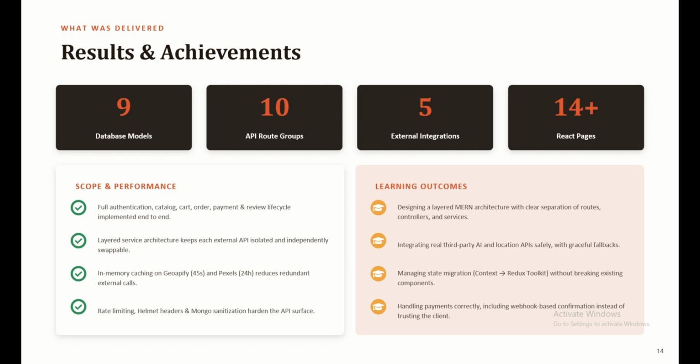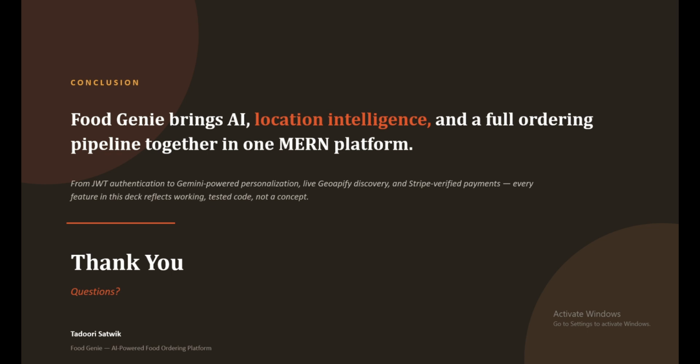And I would like to conclude: FoodGenii demonstrates a complete production-style MERN application, with secure authentication, a real database schema, AI-driven personalization through Gemini, live location intelligence through Geoapify and Leaflet, and a properly verified Stripe payment flow. It was a valuable exercise in architecting a layered backend, integrating multiple third-party services responsibly, and shipping a